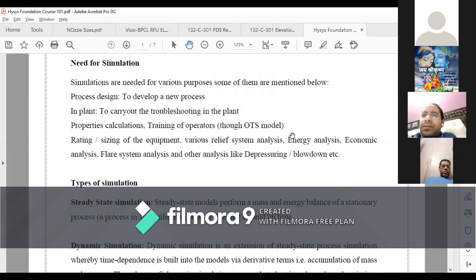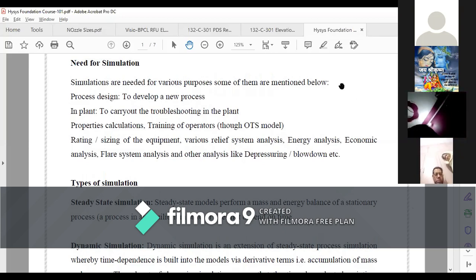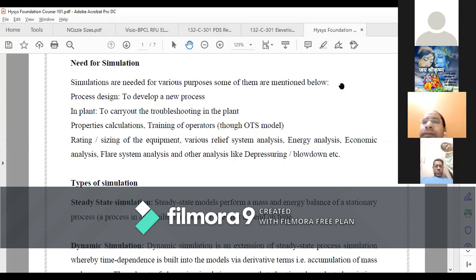For example, nowadays, if any organization is going to purchase a DCS, distributed control system, to control their plant and their operation, DCS vendors, or you can say DCS suppliers, are also providing the OTS model to the customer.